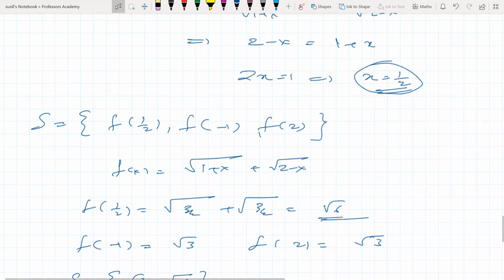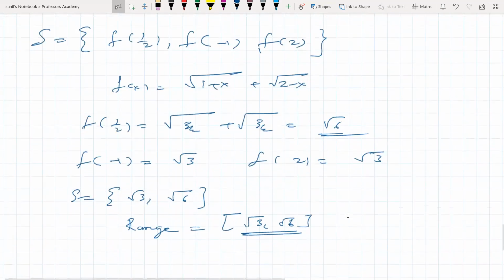So for a continuous and differentiable function, we want to collect the points at which the derivative becomes 0. In the same way, we find the points at which the derivative equals 0. So we will make a set like this, containing the end points f(a), f(b), and f(x1), f(x2), etc., where x1, x2 are the points at which the derivative becomes 0. So this is one of the ways we can find the range for a continuous and differentiable function.